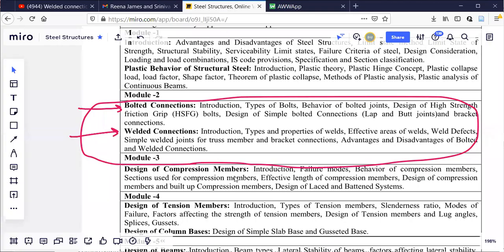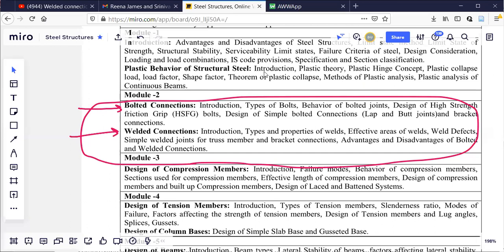Now coming back to bolted and welded connections. What exactly are you going to study here? Please understand one thing. The same members can be connected using bolts, or the same members can be connected using welds by welding them together, or by providing holes and using bolts to connect them.